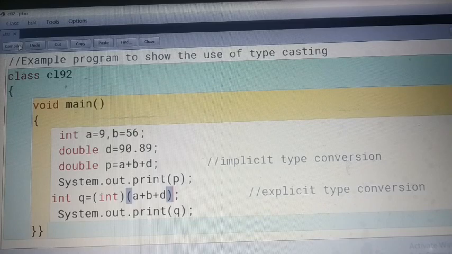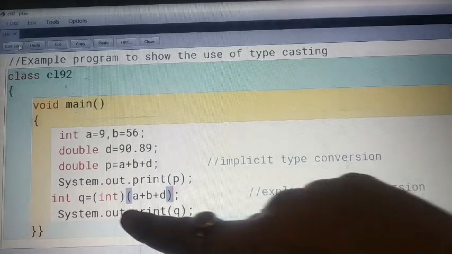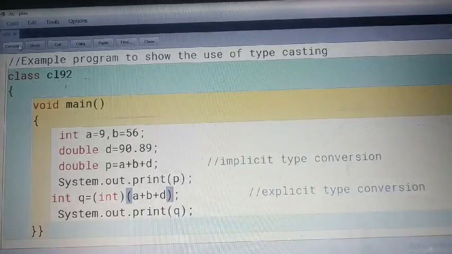See, no syntax error is there. It means first A, B and D will be added, and after adding, whatever result comes will be turned into integer, then it will be given to Q. So let's see how our result is affected.